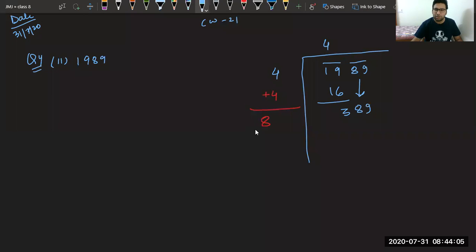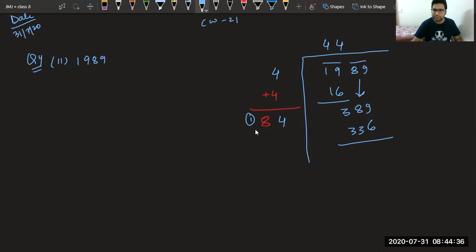Now again, we have to think of a number which will make either 389 or just less than that. If you think of 5, it will be 40, more than that. If you take 7, 7 8s are 56, no. So if you take 4, 32, 4 will go, I guess. So 4 4s are 16, 4 32 plus 1, 33. Okay. Now let's subtract it.